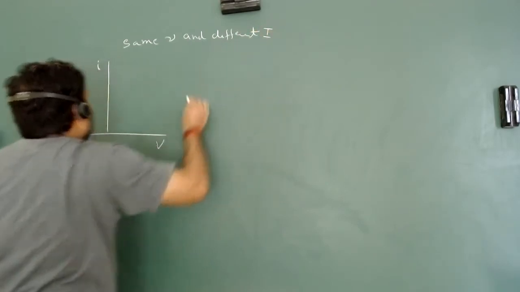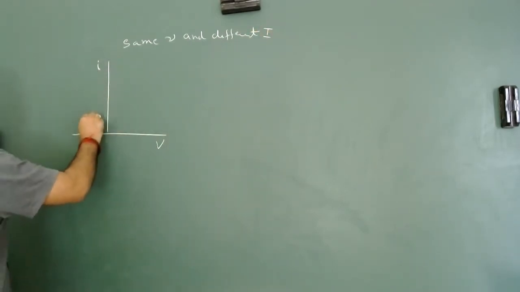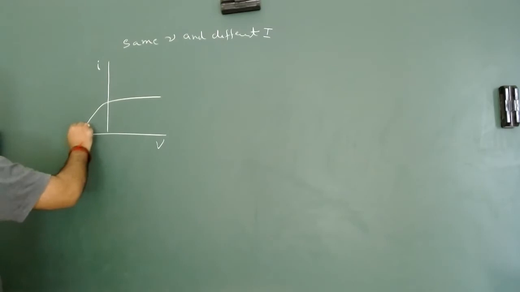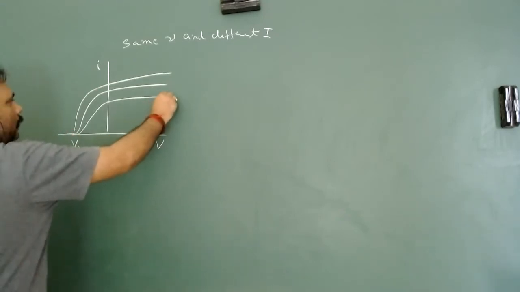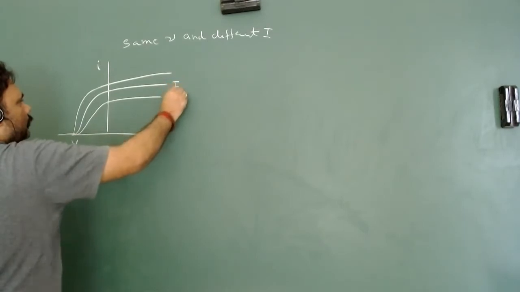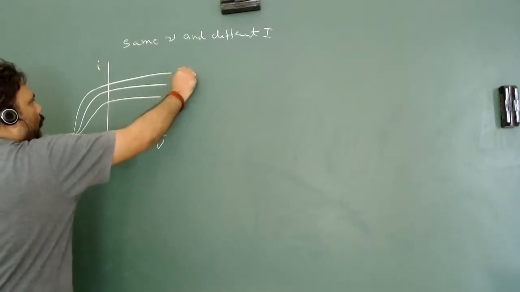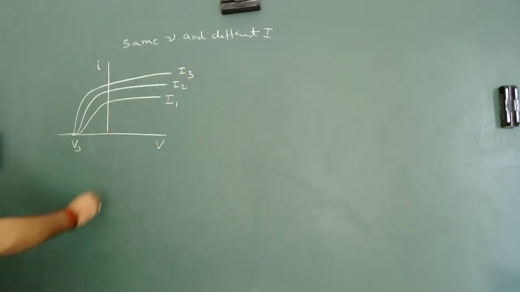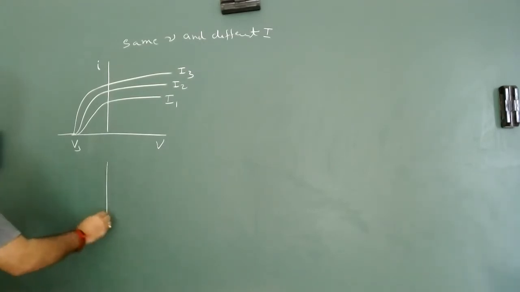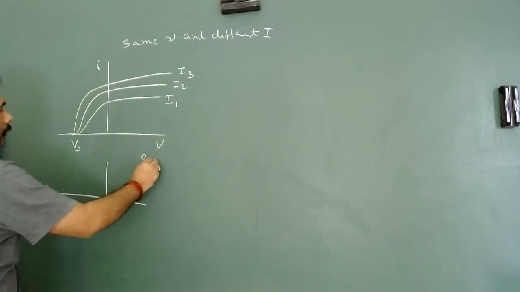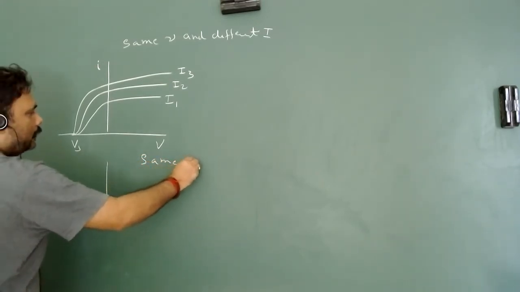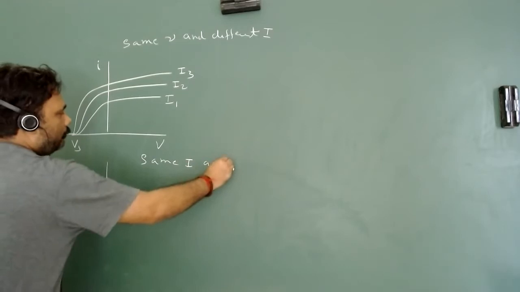The curve is very interesting, and we have seen that this particular stopping potential does not change if we change the intensity. But we have also seen that if we keep the same intensity and use different frequency,